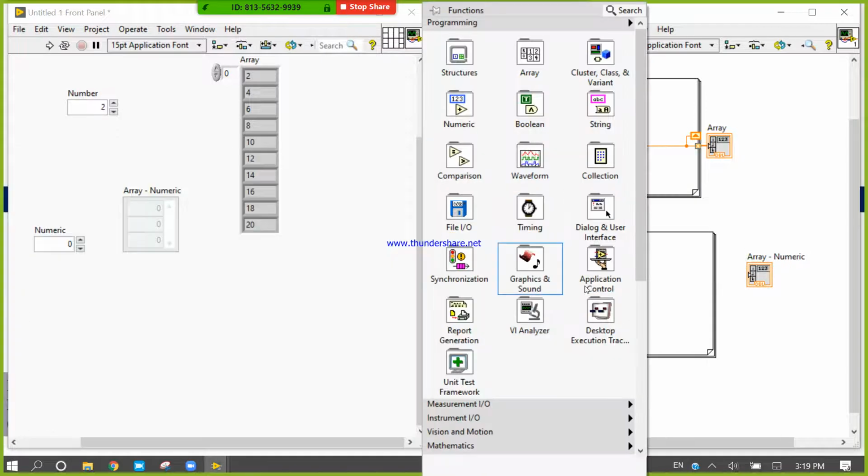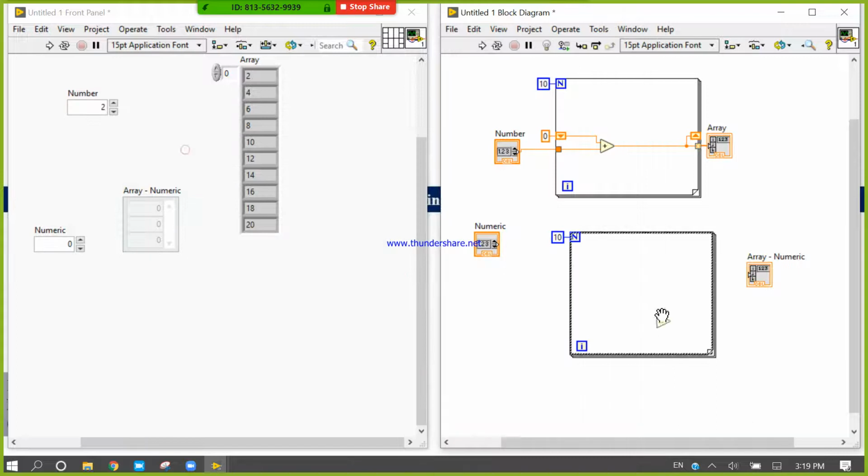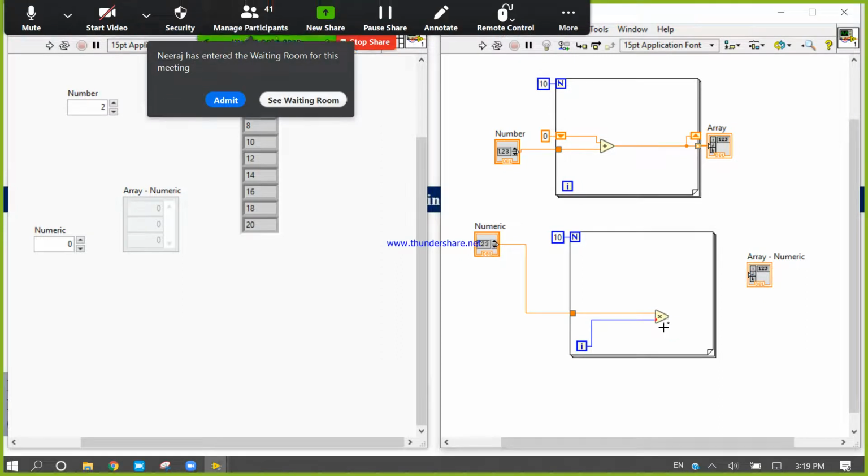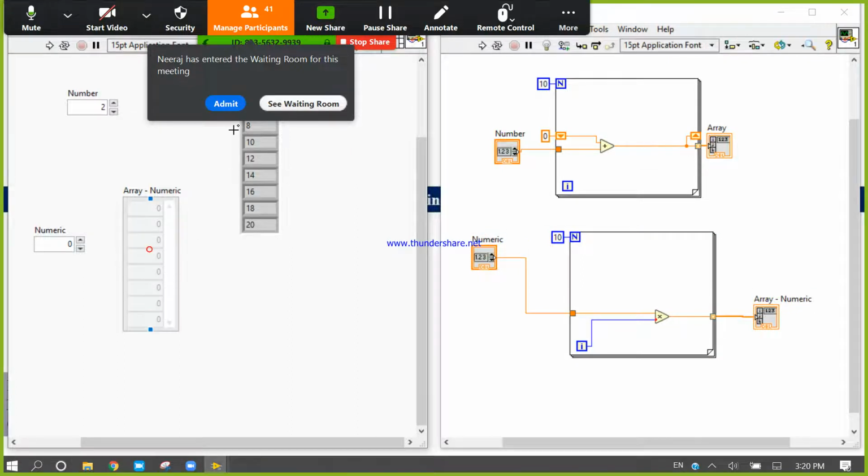Now I am going to use the multiply concept. I will multiply i with this number. Now let's check our output.